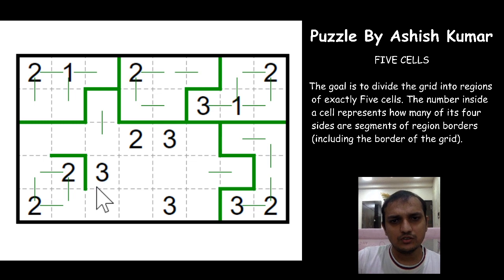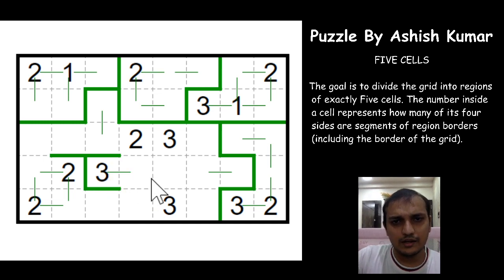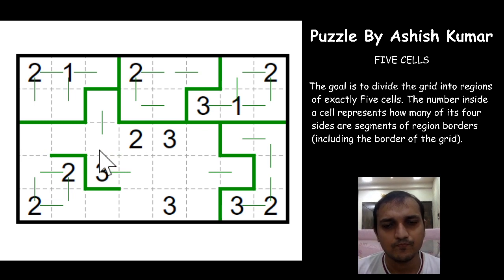One more way is, this 3 cannot be part of this cell, so what happens if it is the case? Then you have only a 4 cell region, right? So let us mark that segment here. So this 3 has to go out, and 1 2 3 4, so the 5th cell has to come this way somehow. Sorry, this was not the cell.